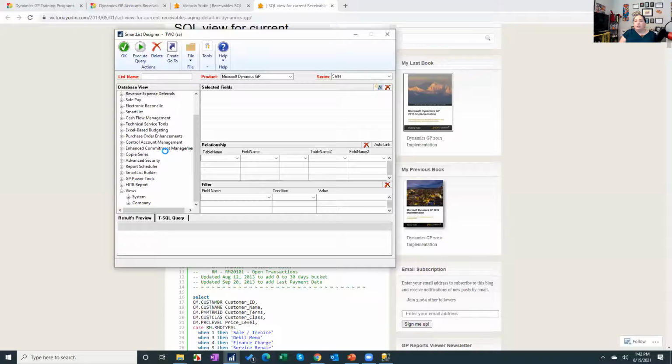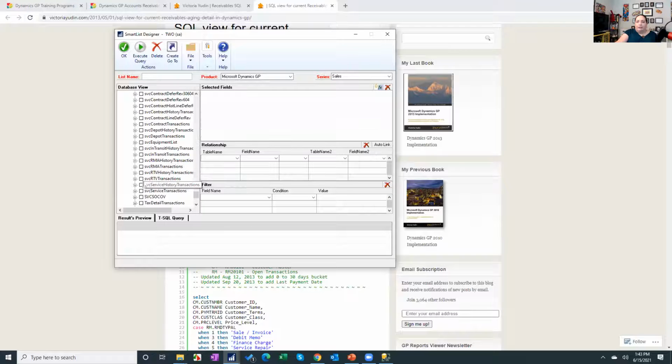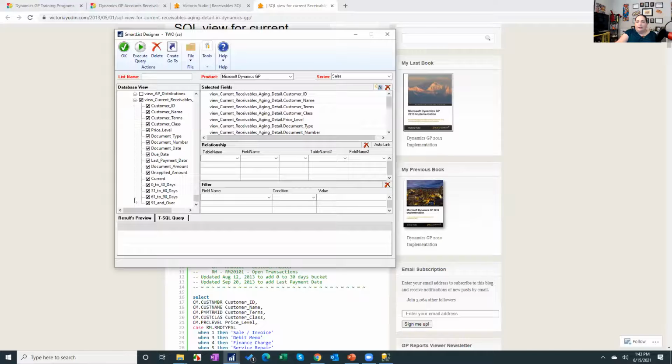So what this is going to do is include that new view that I just did. I'm going to show you the columns that I select. For this one, I basically select all the columns in the order that it comes, but I may take out the ones to do with multi-currency because for this company, I don't really use multi-currency. This one they do, but I don't in this demo. So let's go down here and we're going to see current receivables aging detail. If I hit this top checkbox, it's automatically going to mark all. And this one actually doesn't have any